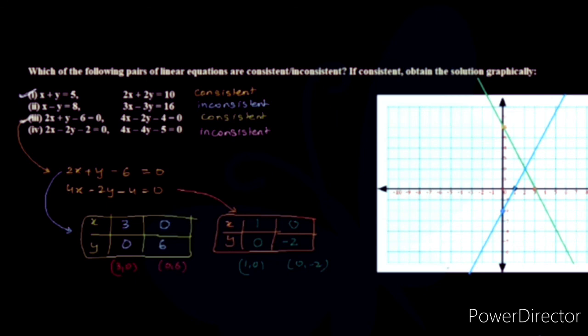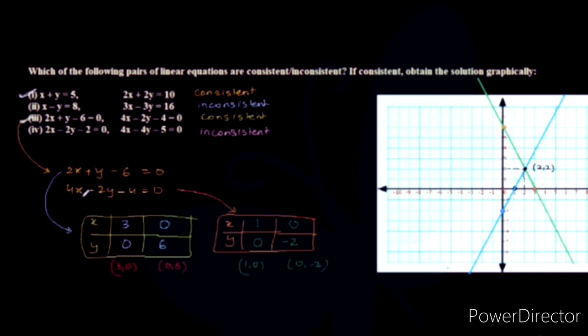And guys, do we see here that these two lines are intersecting at this point? And graphically you can see that they are intersecting at 2 comma 2, right? So let's check whether 2 comma 2 satisfies both of these equations or not, right? So if you took 2 comma 2 for the first one, the left hand side would be what? 2 times 2, that's 4. 4 plus 2 is 6. 6 minus 6 is 0. Yes, the left hand side 0 is equal to the right hand side. So 2 comma 2 satisfies the first one among the pair.